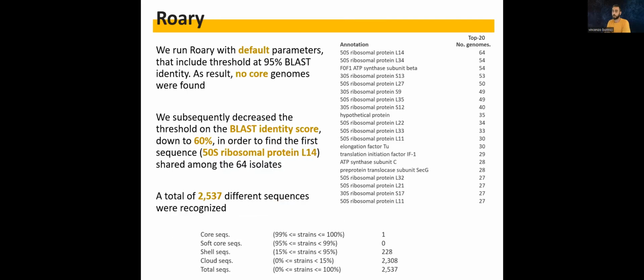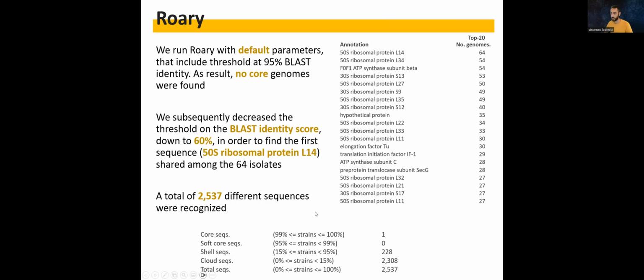By running Rory with default parameters, which means a threshold of 95% blast identity, we found no core genes for this analysis. Then we modified this threshold. We used 60% blast identity, and Rory at that point was able to find the first core sequence of our analysis. So in total, we were able to find 2,000 more different gene sequences. One was a core sequence, and many of them were